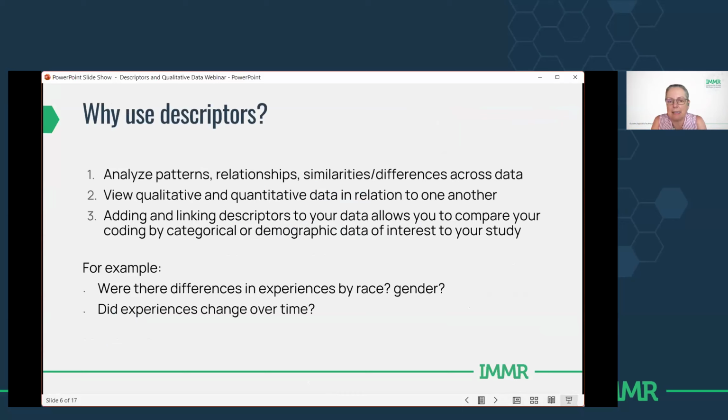I would like to add in something for the beginning, which is to say that you don't need to use descriptors in Dedoose. If you're doing a qualitative study, you can use Dedoose quite well without using descriptors at all. I've done so myself. As a qualitative researcher, I find descriptors intimidating, constraining, difficult to work with, overwhelming, a whole lot of different ways of describing how descriptors feel as a qualitative researcher.